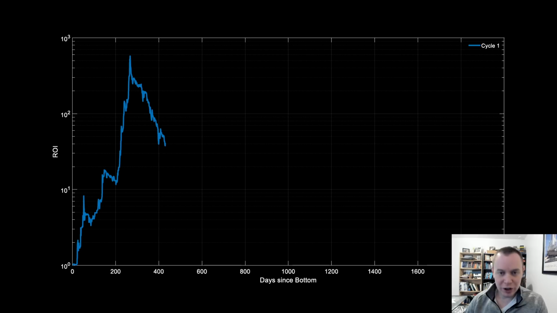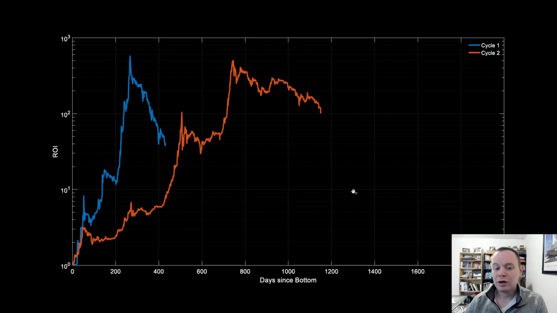Now, we're looking at the market cycle ROI of Bitcoin from market cycle bottom. This is cycle 1, and if we take a look at cycle 2, we can see that it took a little bit longer for it to reach its cycle peak. Now, of course, we have to explain the caveat here is that some people might assume that this blue line and the orange line are part of the same market cycle. Okay, so that might be the one assumption that we're making, is that we're saying that these are two separate market cycles. Okay, so cycle 1, cycle 2.